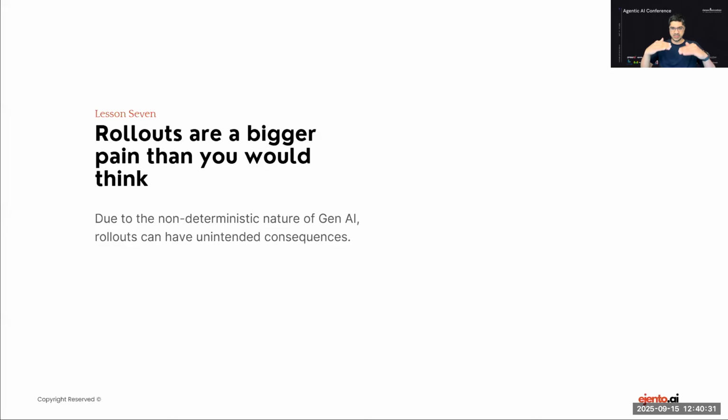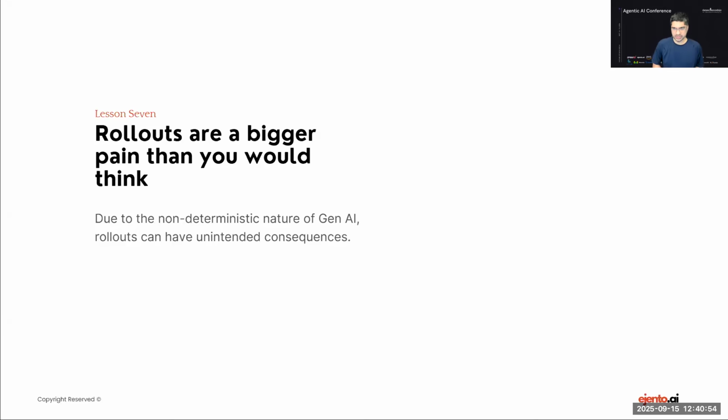I'm calling some lines of code, and I know exactly what to expect. But when you roll out prompts, when you roll out changes in your Gen AI application, even adding a new document or a new data source can completely change how your agentic AI application behaves.